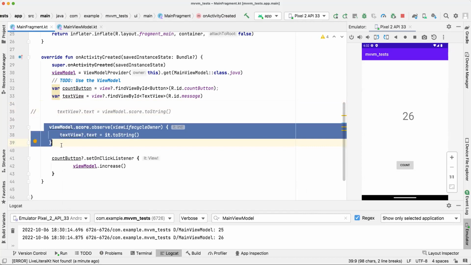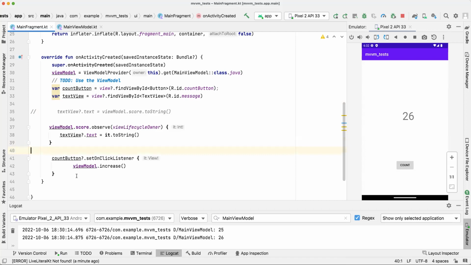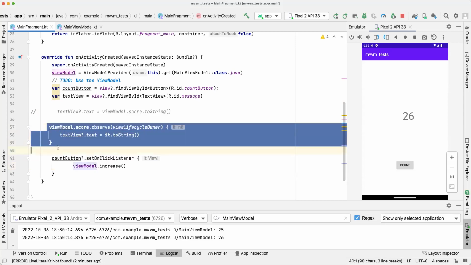We are listening to the changes. That is the difference: here we are sending a value, we are instructing, the straight line that we have seen in the MVVM diagram, and this is the weak line that represents the MVVM